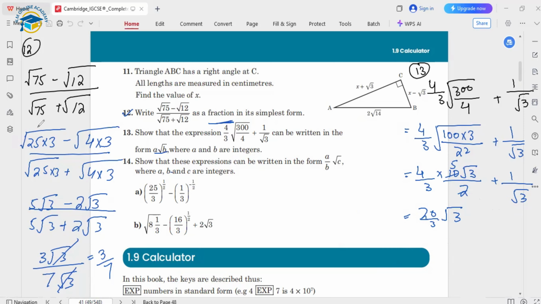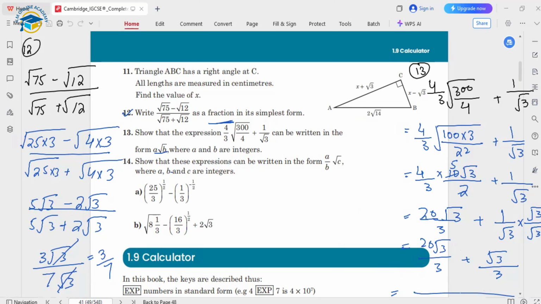Okay, here we are left with the 3 in the denominator, and here we are left with 1 over square root 3 in the denominator. So what we can do: here we have a simple 3 in the denominator, but here we have 1 over square root 3. So you can do the rationalization of this 1 over square root 3, multiplying by square root 3 over square root 3, okay? So this will be 20 square root 3 over 3 plus square root 3 over 3, because square root 3 times square root 3 will be square root 3 squared. The square will be cancelled out with the square root and only we will be left with the 3.